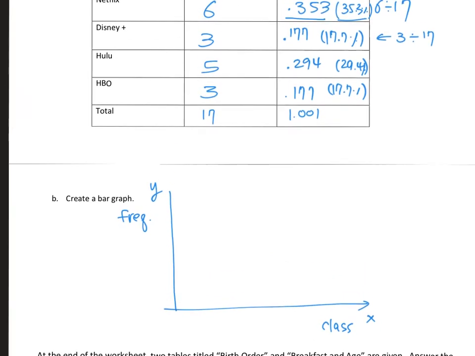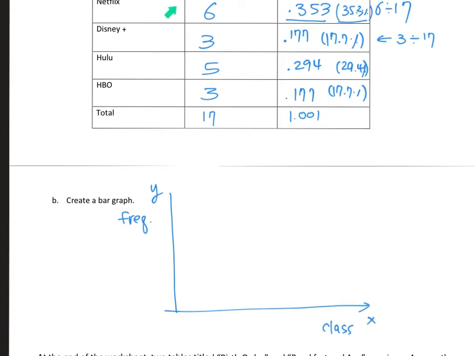So again, what classes do I have? We have Netflix, Disney, Hulu, HBO. There are 4 classes, so I'll mark those 4 classes. This is Netflix. Then we have Disney, we have Hulu, we have HBO. Okay. Now, frequency, if I'm looking at the frequencies, 3 is the lowest frequency, 6 is the highest frequency. So when I label the frequency, I want to make sure the highest one is included. So 6 has got to be somewhere here, the top. So I'll just go according to that: 1, 2, 3, 4, 5, 6. Okay. So I'll just make sure the highest frequency is included.